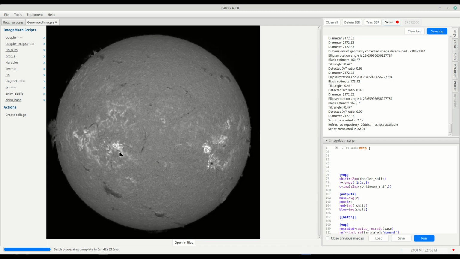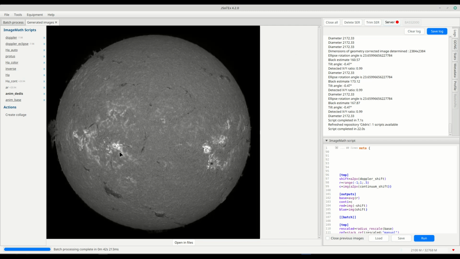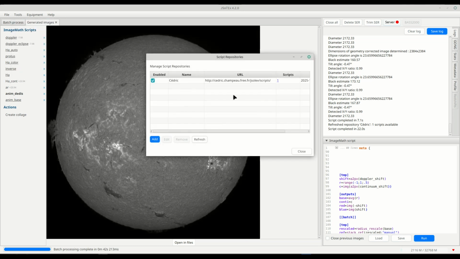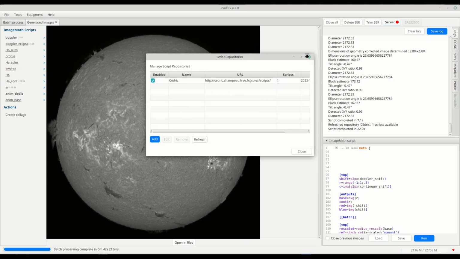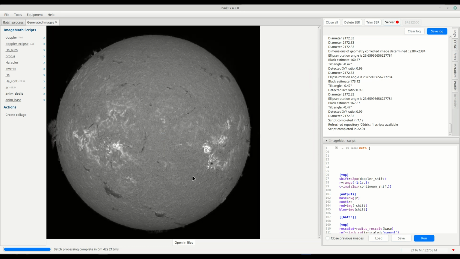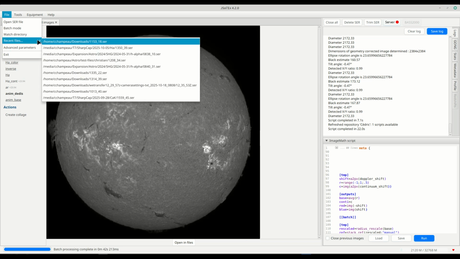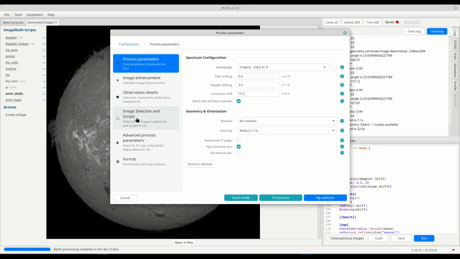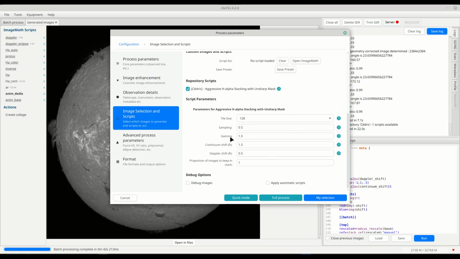Anyway, so that's all for you as a user. If you're just consuming scripts, the only thing that you would have to do is basically go into that menu, copy your URL, and then enjoy the scripts. But if you're a script author, we're going to go a bit further, and I'm going to explain how you can do that. So you can see that I had here in the menu, I had some parameters there,